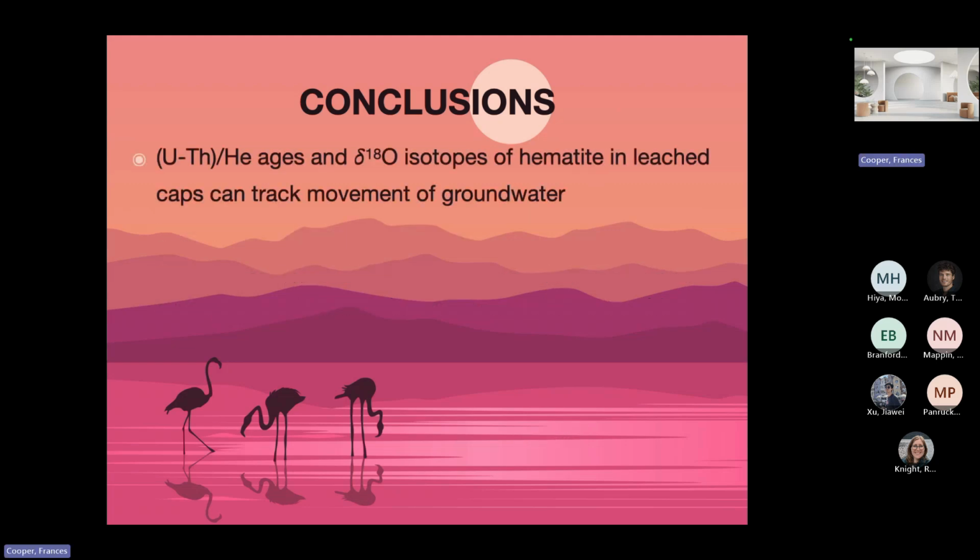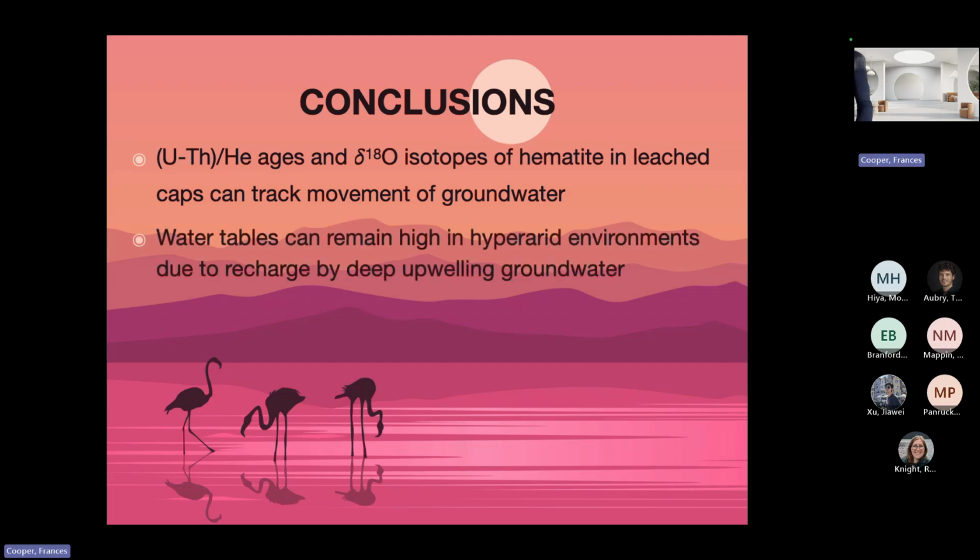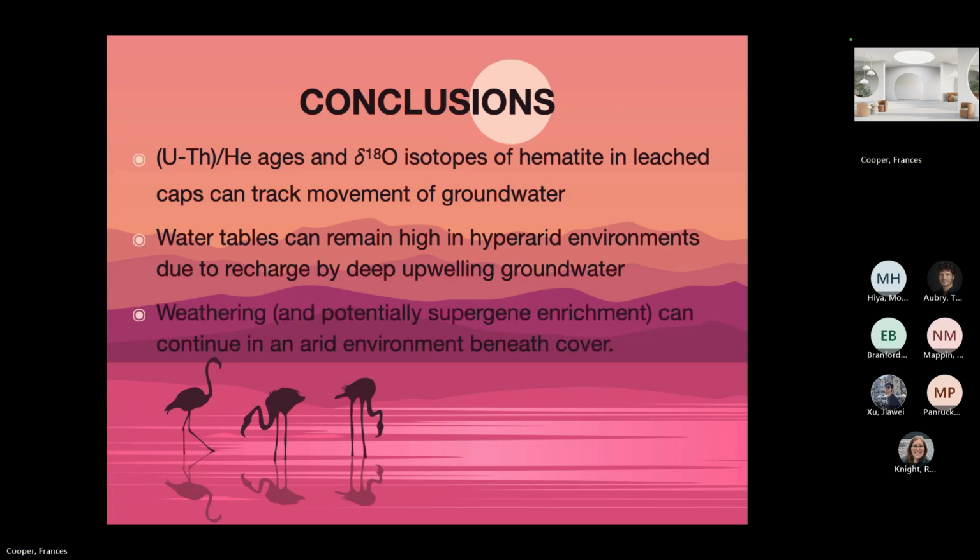And what we found is that uranium, thorium, helium ages combined with oxygen isotope records of hematite within leach caps can track the movement of groundwater. And water tables can remain high in hyperarid environments if you have recharge by deep upwelling water, which means that weathering and potentially supergene enrichment, depending on how intertwined they are, can continue in an arid environment